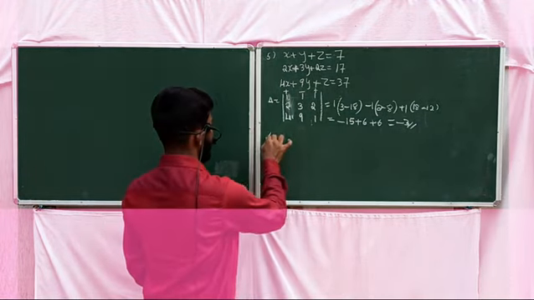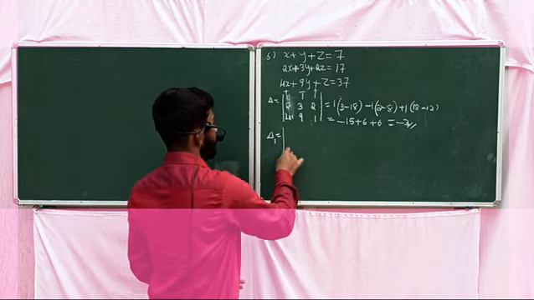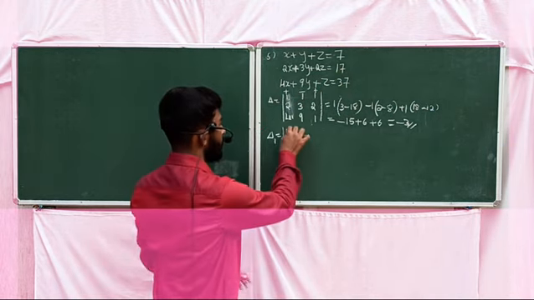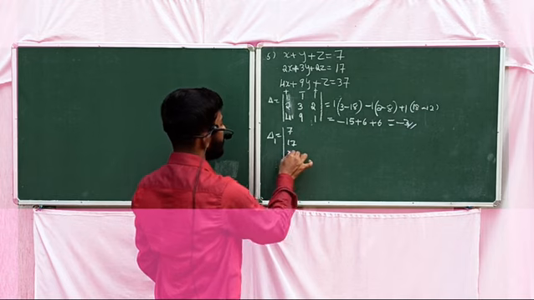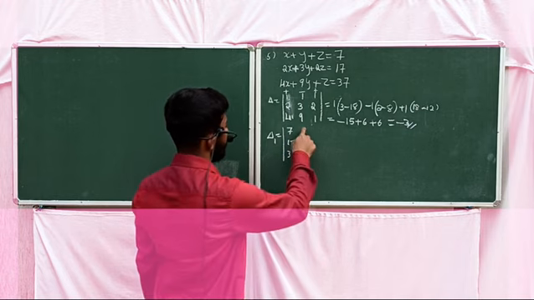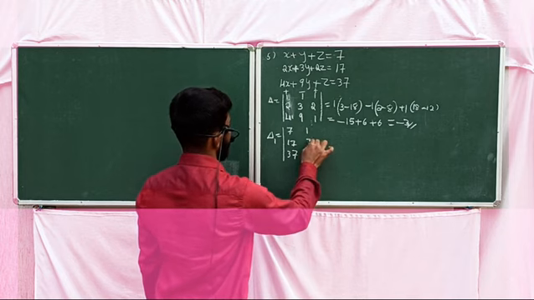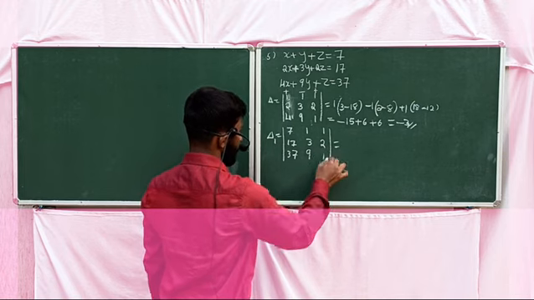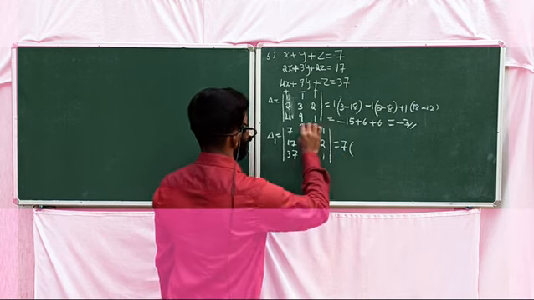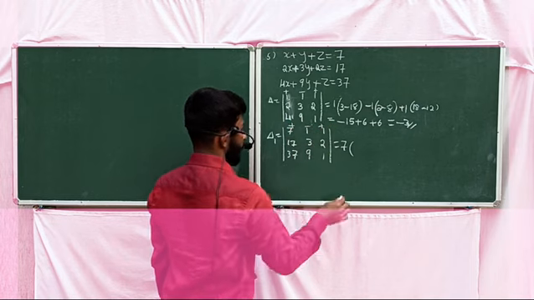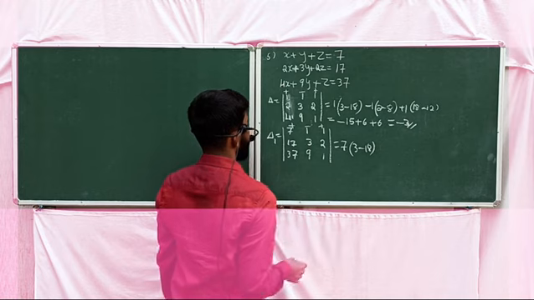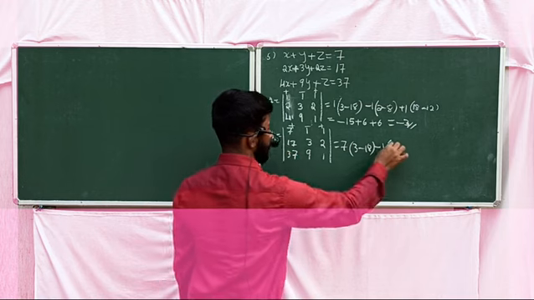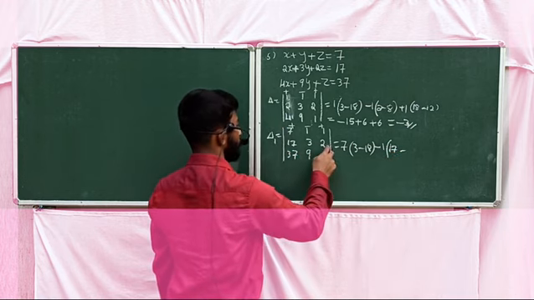The next step, you need to calculate delta 1. Delta 1 means you need to replace column 1, that means the coefficients of x, with the constants 7, 17, 37. The coefficients of y in the second column remain the same, 1, 3, 9, and the coefficients of z, 1, 2, 1. Calculate the determinant value. Put alternating plus minus plus: 7 into 3 minus 18. Then minus 1 into, delete the second column and first row, 17 minus 37 into 2,